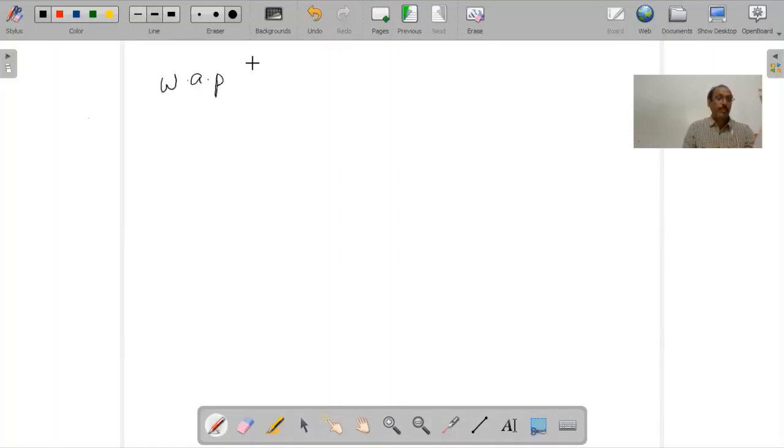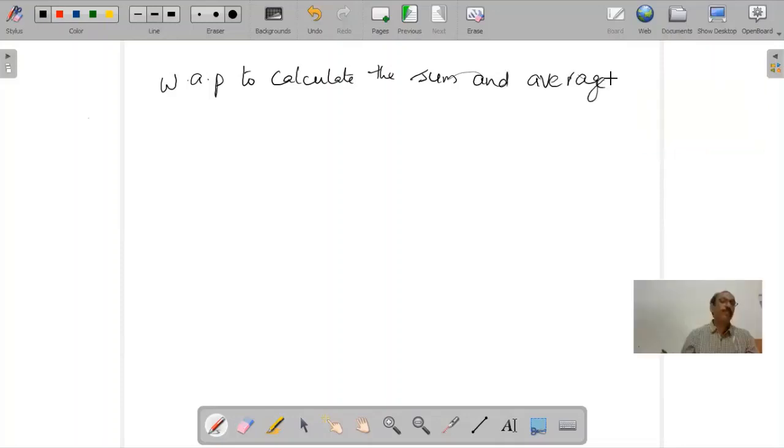Write a program to calculate the sum and average of 10 students in a class or in a subject, and so I need to calculate sum and average of 10 students, and what I want is I want to